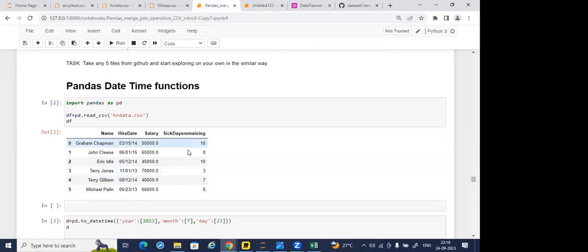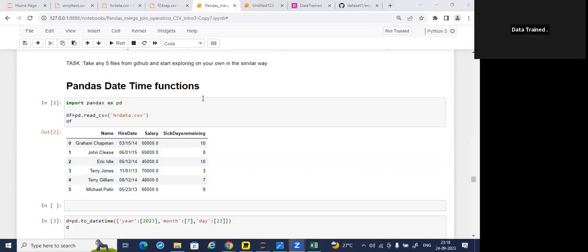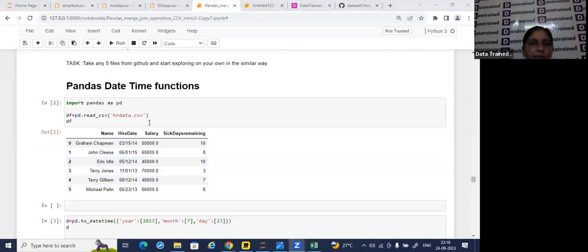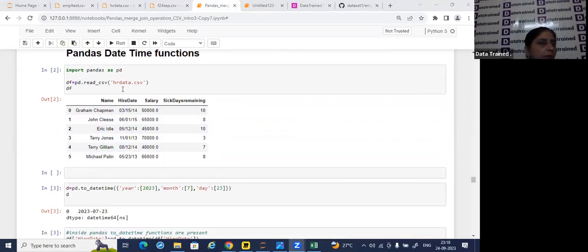So let's see the datetime functions inside pandas. Just like I did certain datetime functions inside Python also, the same here we are having pandas datetime functions. Here I'm just loading the hr-data.csv. So this one is the hr-data.csv. So inside pandas, there are two datetime functionalities